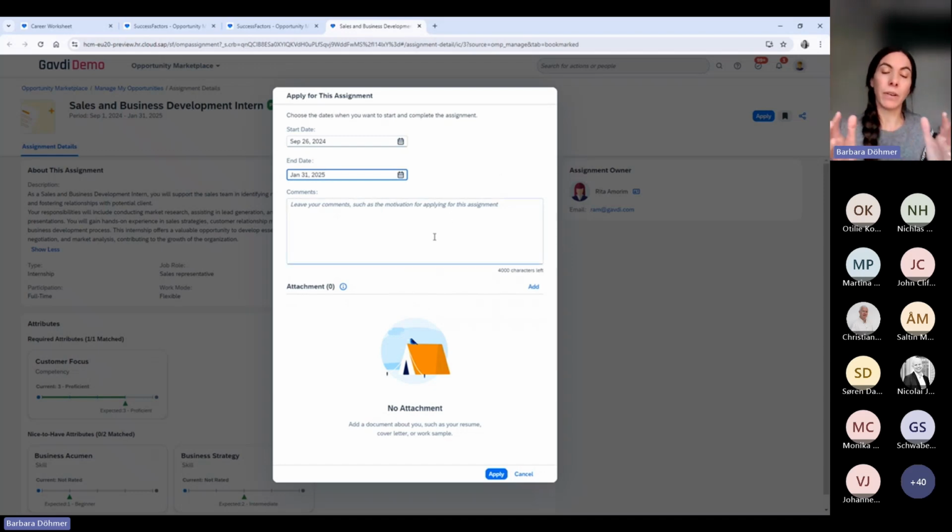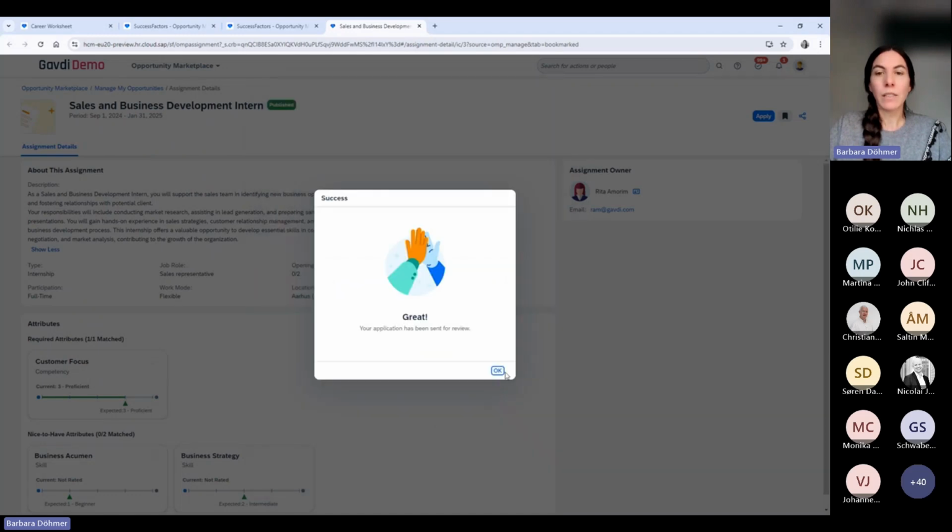They last less than a year, so it's focused on short-term experiences rather than a longer type of experience. It is as easy as deciding which dates you can start and complete the assignment. You can leave some comments and you can apply for this.